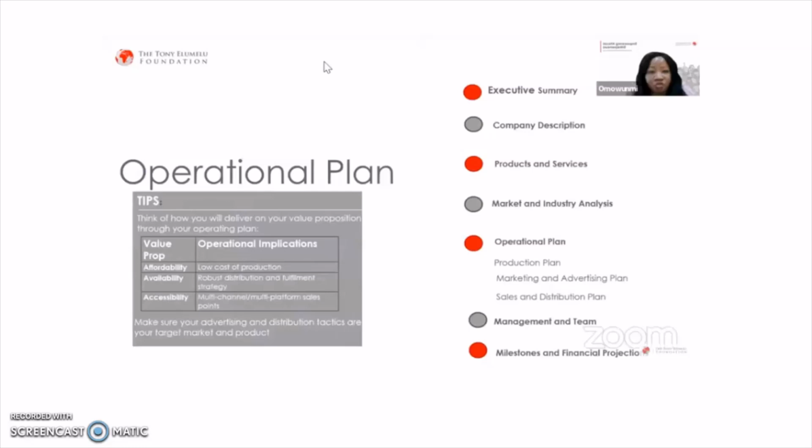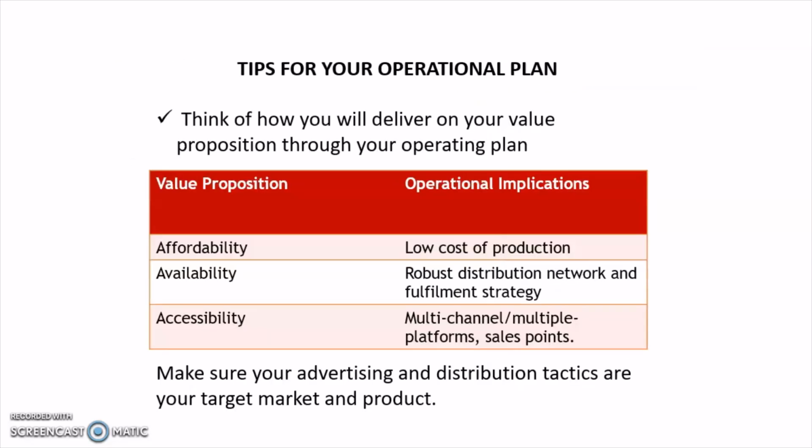And then also in the operational plan, that's when your differentiations come into action. You begin to operationalize those things that you say differentiate you from the other competitors. You also need to plan how you know how to execute all those plans. Your unique selling proposition: if you say your unique selling proposition is accessibility, then we'll be able to see during your operational plan how you plan to make your product more accessible than any other person in your market.